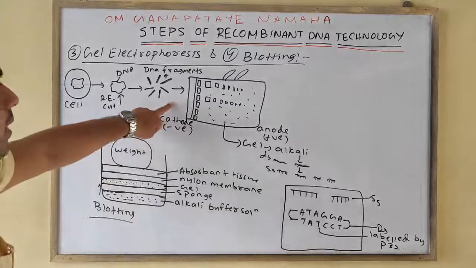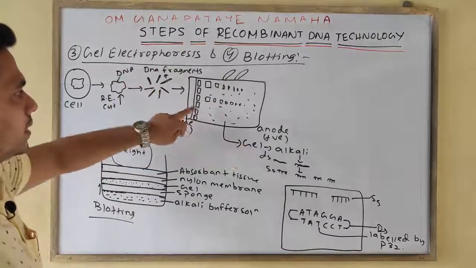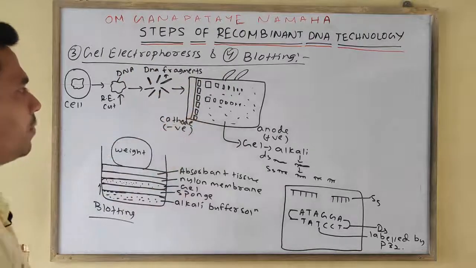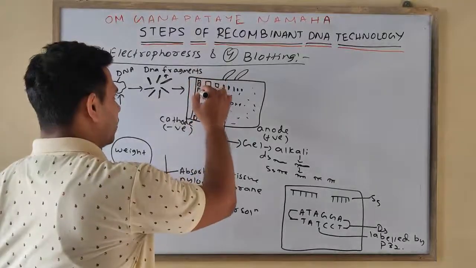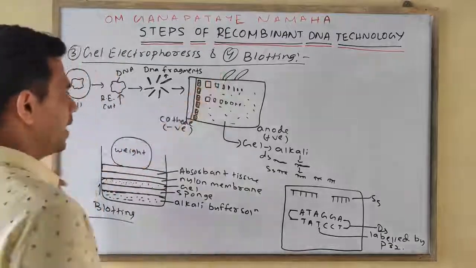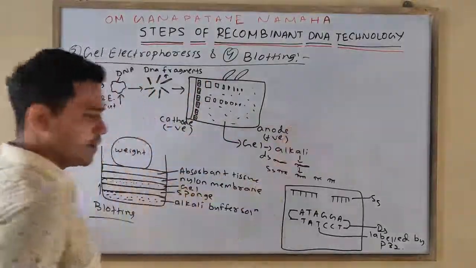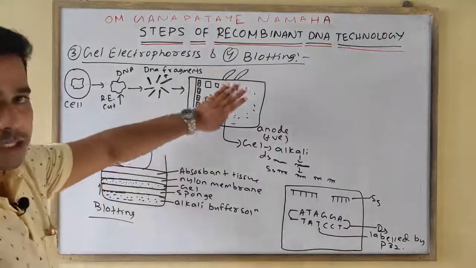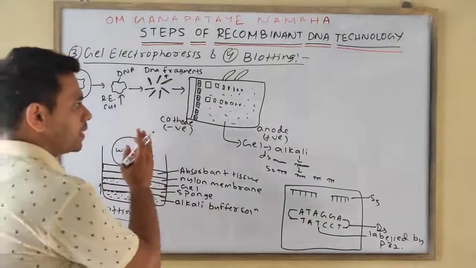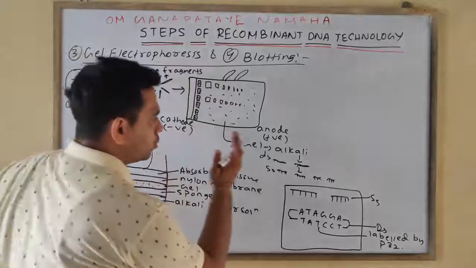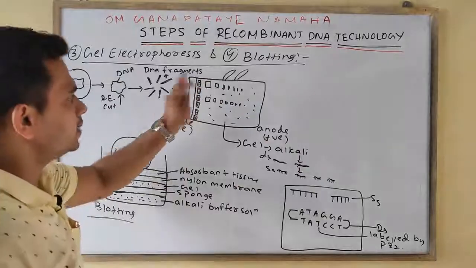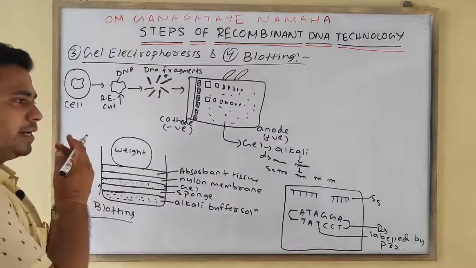Then the DNA fragments will be poured on a plate like substance having a base, and near the base we make a well or hole by which we can pour the DNA with the help of a micropipette. Next, electric supply is given, having the cathode as the negative end and the anode as the positive. As the DNA is negative in nature, after the electric supply starts, it will slowly move towards the anode end, by which the largest DNA will remain at the base, and as they go forward, they appear in decreasing size order.